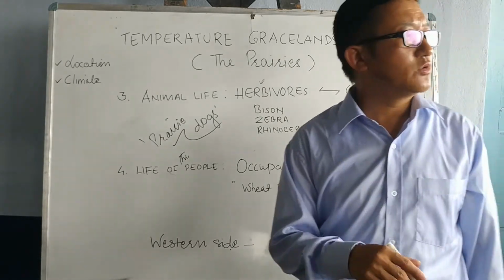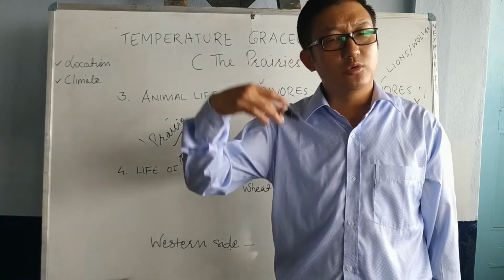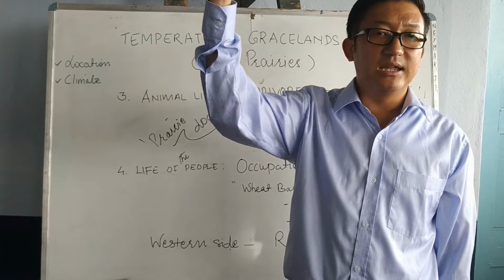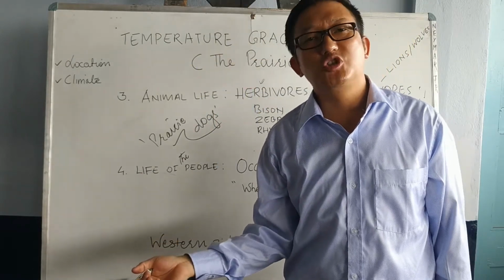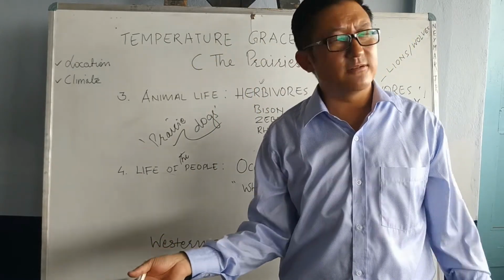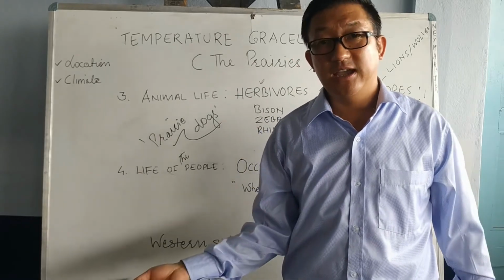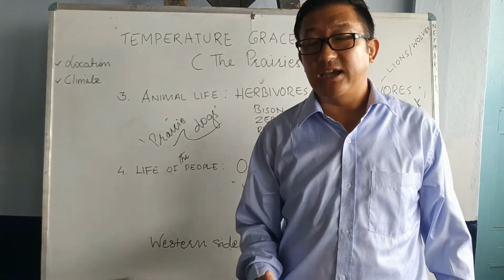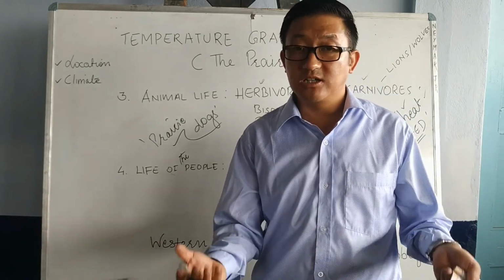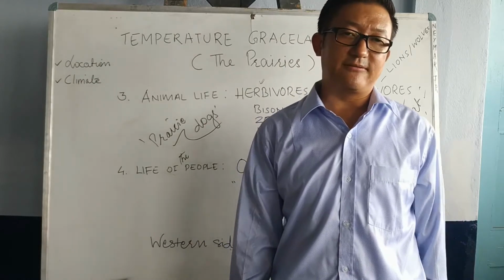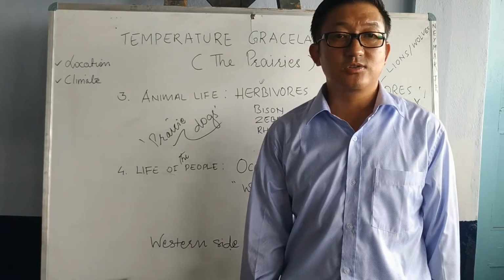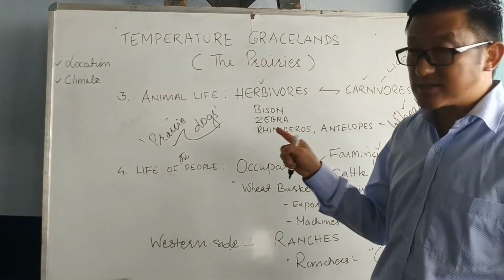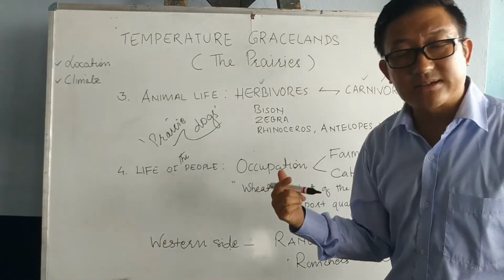So cattle rearing also is their occupation. Like here we do not have much, but when you go to North India, like Kashmir and even Leh Ladakh and all, they keep a lot of sheep. You know, sheep. They will keep hundreds and thousands of sheep, and they will cut the fur of the sheep and they will sell it. And meat also they eat. So therefore they will earn money, and with that they live their life. Alright, so that is cattle rearing. Okay, so here in this particular region also they do cattle rearing.